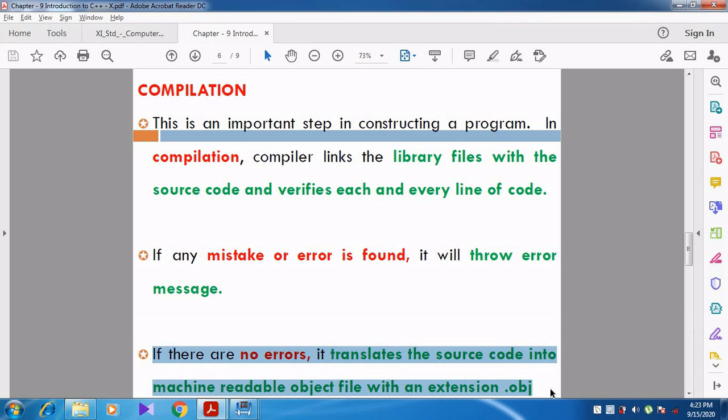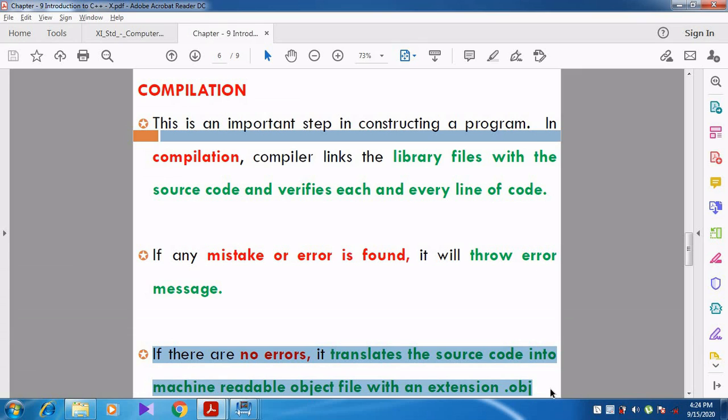But if there are no errors, then what will happen? If there is no error, the source code will be converted into machine readable form, that is the object file. Machine readable form of the program is called an object file, with the extension .obj.